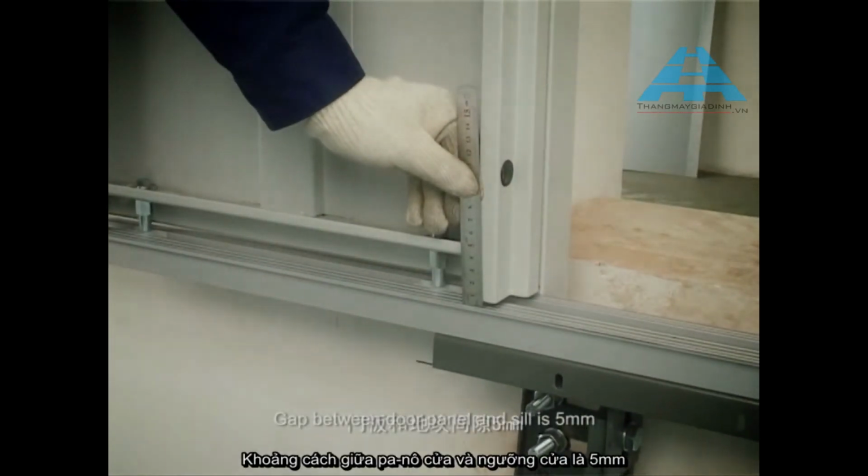Confirm below key dimensions. Gap between door panel and sill